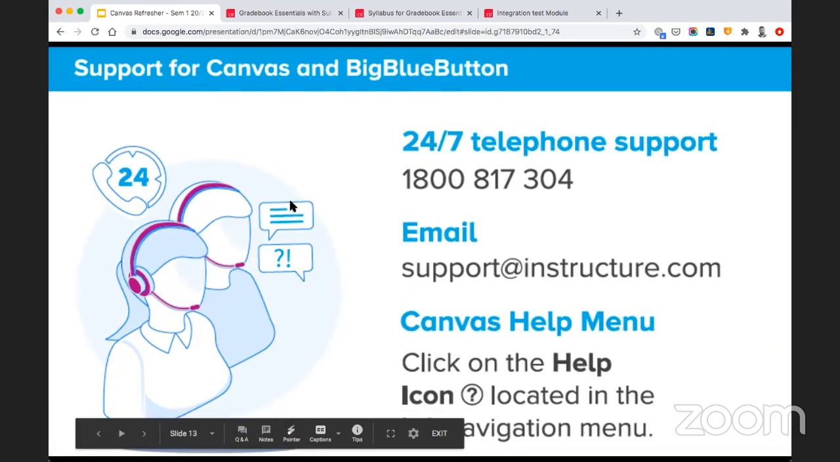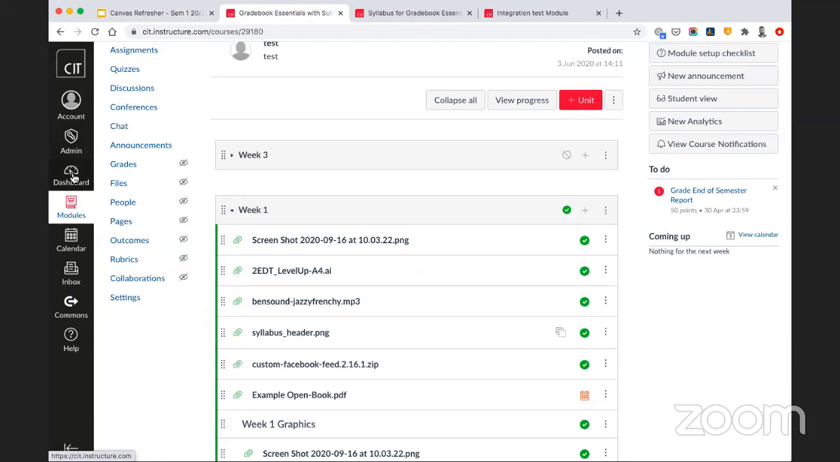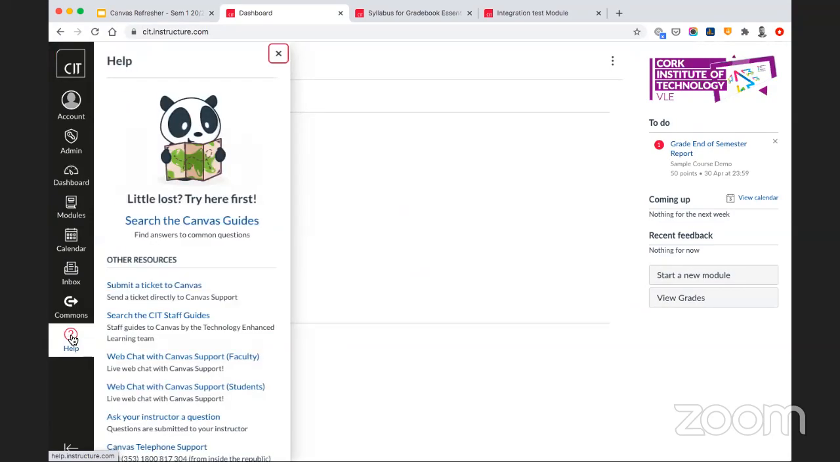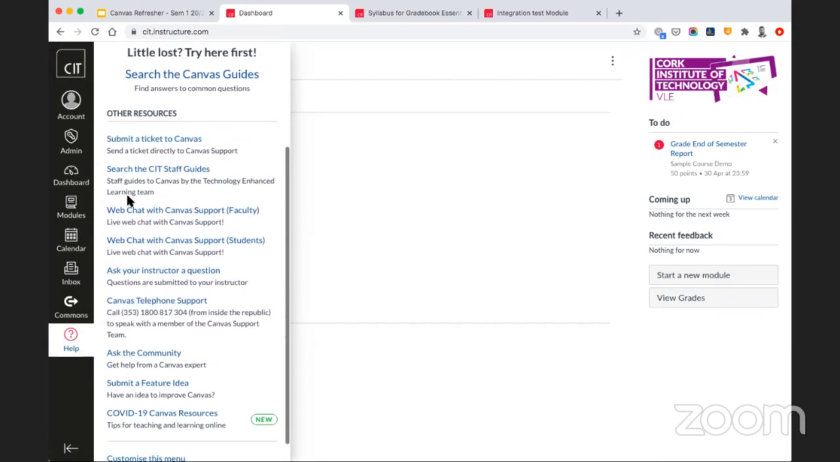Now, the way that you would access that, I mentioned it at the beginning of the session, is over here in this left-hand side Canvas main menu. At the bottom of this, there is an option for help. And if you click on that, all of the options which would be available to you inside Canvas are